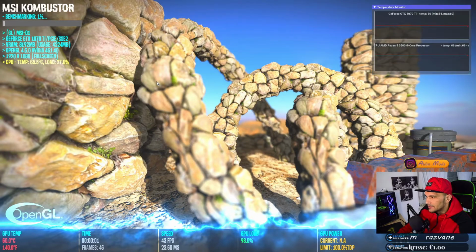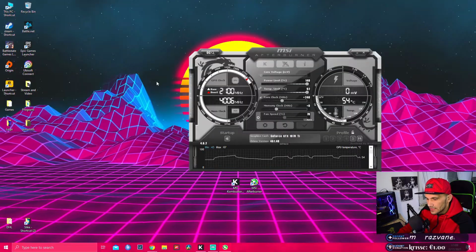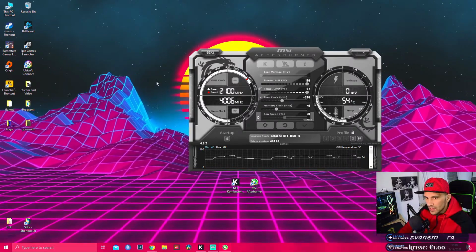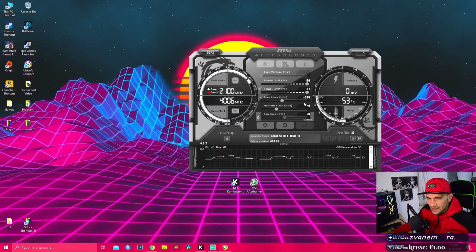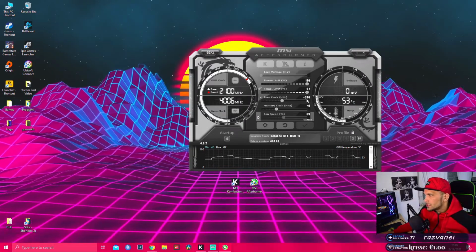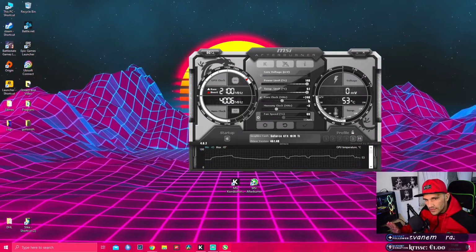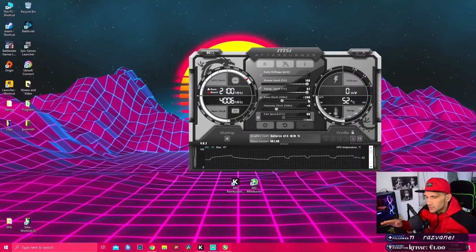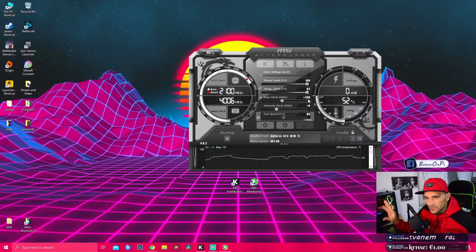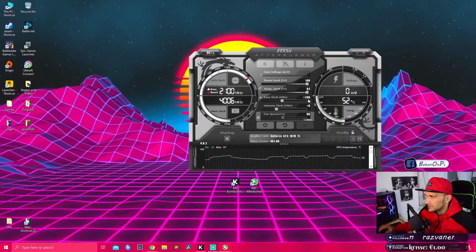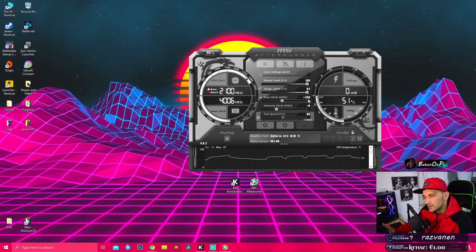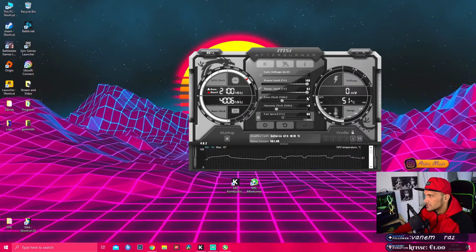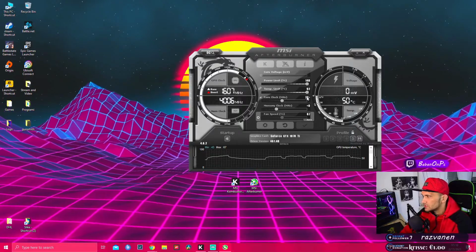And this is exactly where now the trouble happened. Like you see, everything collapsed. The combustor crashed. This means that 240 for me is unstable. So it crashed. What we need to do from here, when you get to that point that your combustor crashes, or even the flickering on the screen happens, or something like that, that's when you know this overclock is unstable. So 240 for me is too much, so let's dial it down back to the previous one, which was 200,